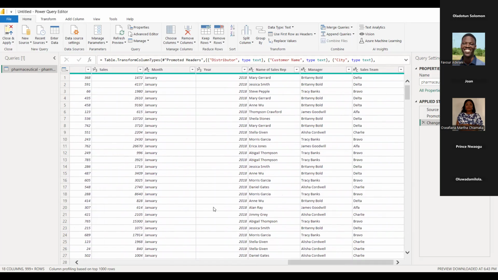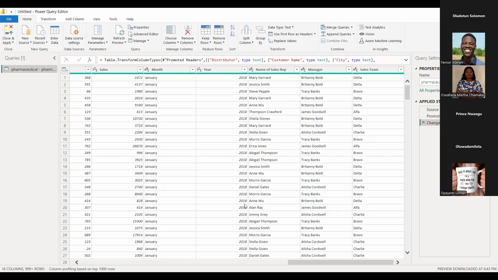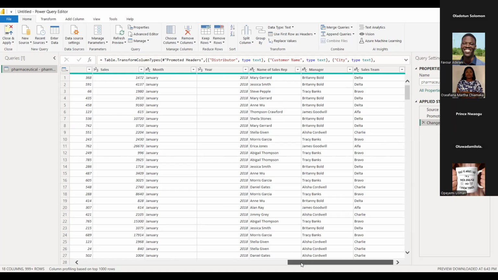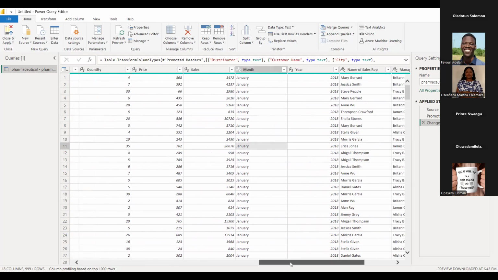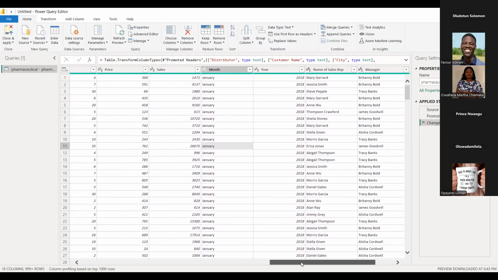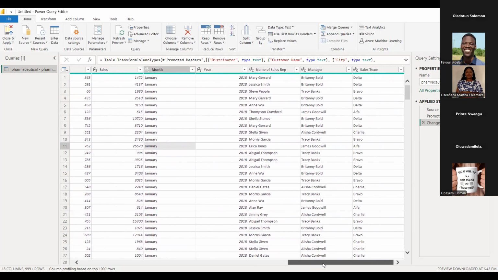Now, do you think there's anything wrong so far, or are we good to go? The price, latitude, sales, the price number formats will change to currency formats. And also the year column is in number format.